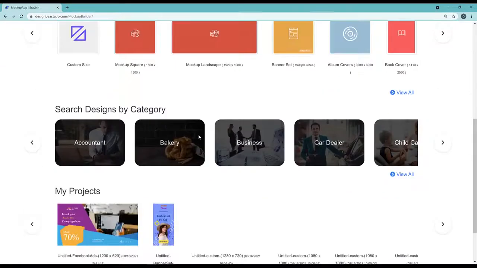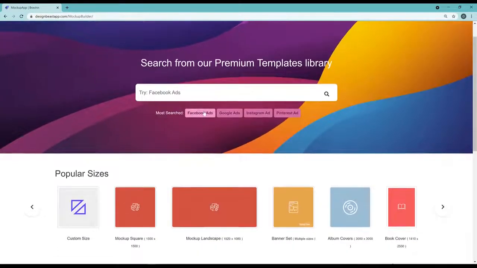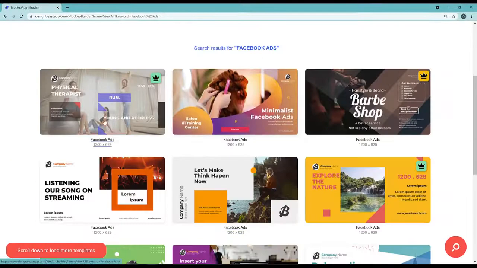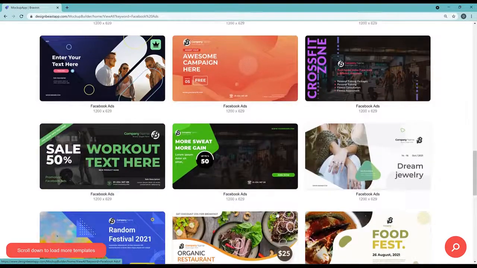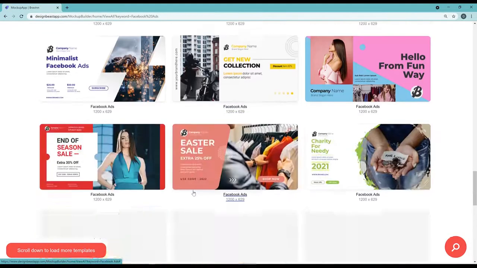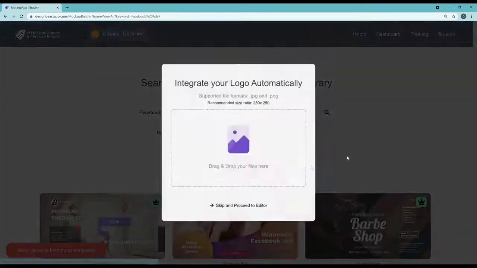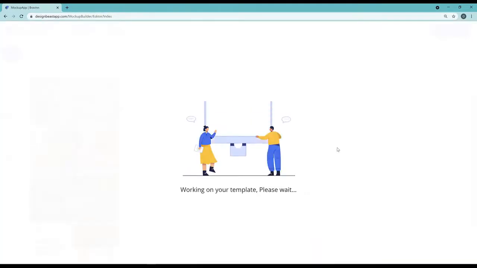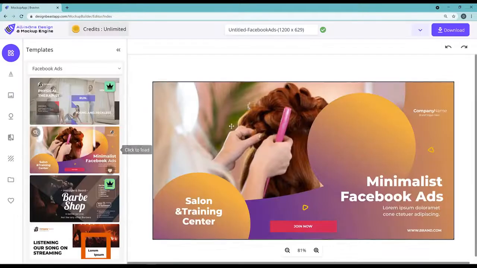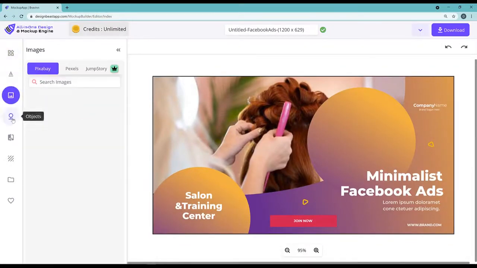Here we go. We have 7,000 plus designs right here that we can even search. Like if I wanted to click search Facebook ads, I'll get every single design out there that's designed for Facebook ads. So you can do it for any business out there and start charging the money, or use it for your own business. You can just click on any one of these and then you can drag and drop any of your logos. If you want to add them later, you can do that later, or any images and that sort of thing. And then you come into this nice and slick design editor, which is extraordinarily powerful,